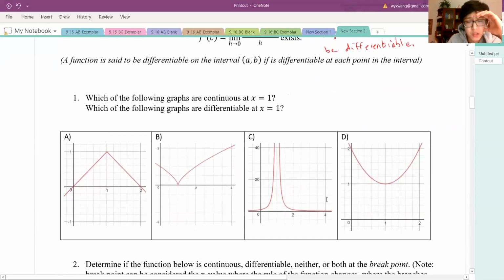Now, let's get started on actual problems. Which of the following graphs are continuous at x equals 1, and which of the following graphs are differentiable at x equals 1? So these are the same problems, so I'm not going to actually solve them, but I'm going to remind you